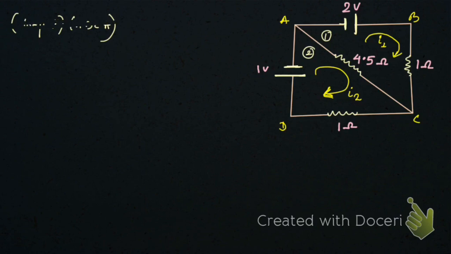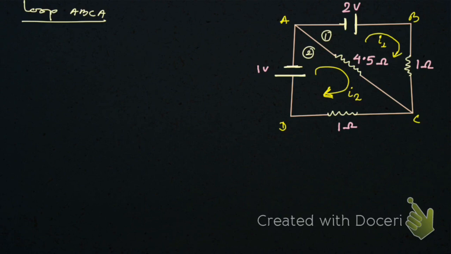So instead of writing loop 1 and 2, you can write simply A, B, C, A. Loop A, B, C, again A, right? So here you see, we have taken just, let me show you how to use the shortcut here. So here you see in this loop A, B, C,